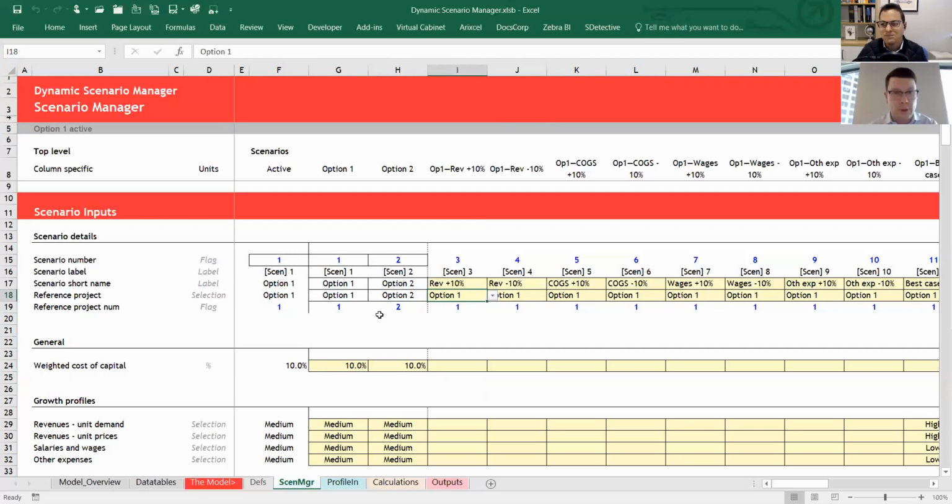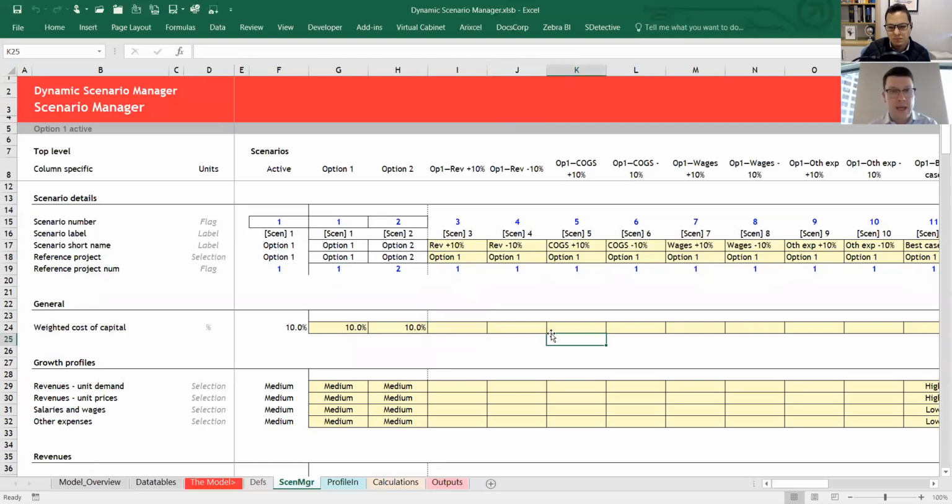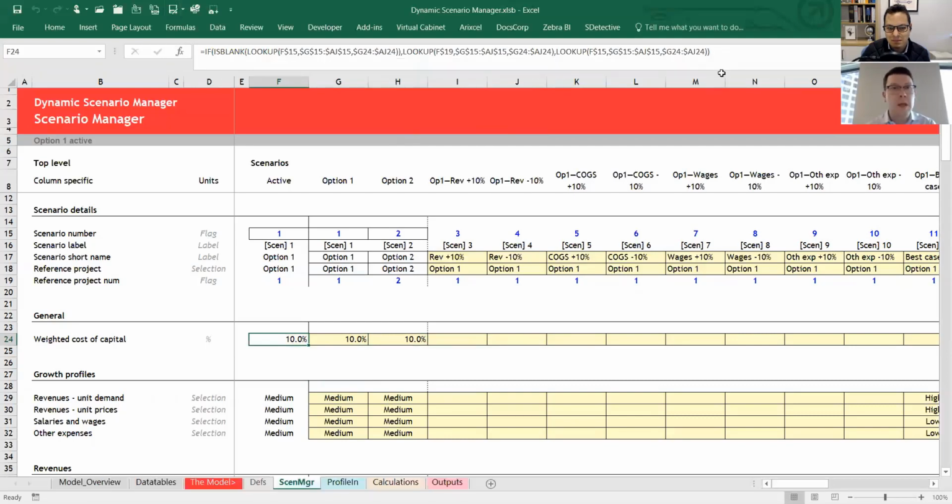Why this is important is, if we come down to the next bit, you'll see here for weighted cost of capital or growth profiles, I've only entered inputs in the 2 reference projects. I haven't had to enter anything over here. Basically, what the formula over here does, if I expand it a bit for those watching along, is